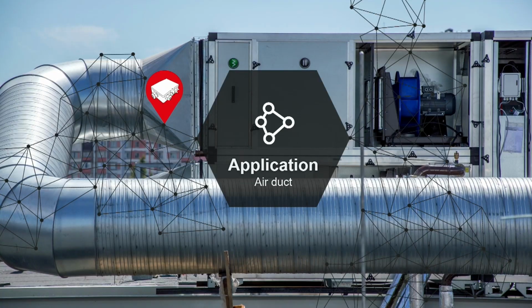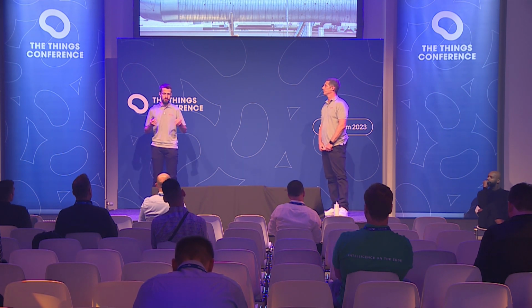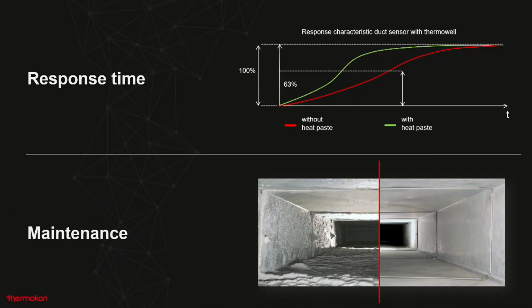So let's have a look at the application side. When we're talking about applications, we have chosen two typical applications that we want to present to you. The first is an application in an air duct, which nearly every building has in different kinds. The first point we want to look at is response time. If you mount a duct sensor within a thermowell plugged inside a duct, and you use it without heat paste, a paste that improves the heat transition between the sensor element and the thermowell, and sometimes on the construction side this is forgotten,